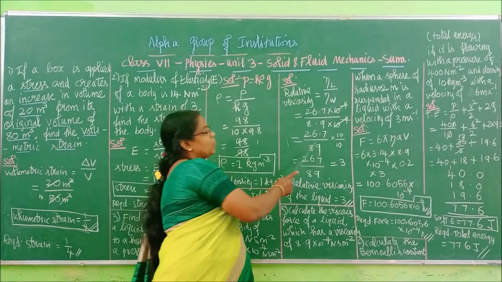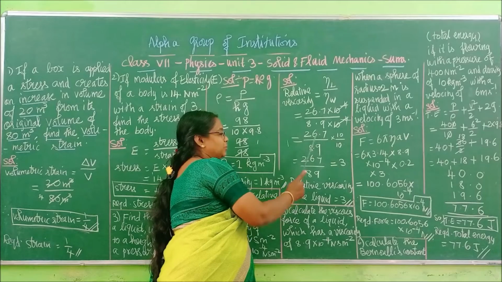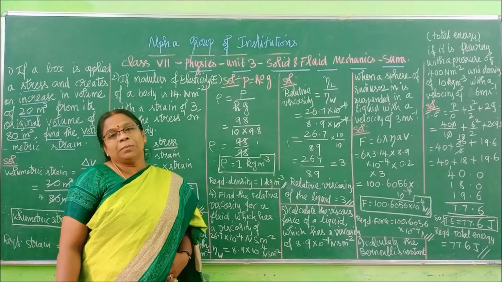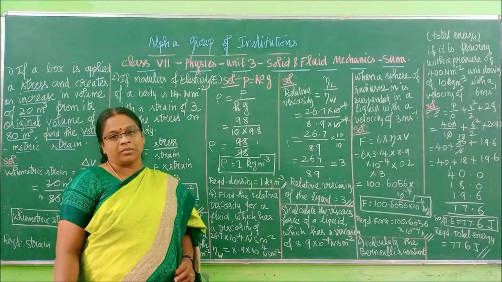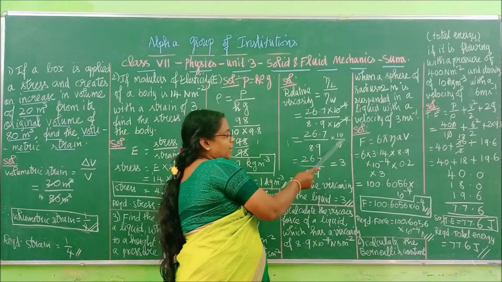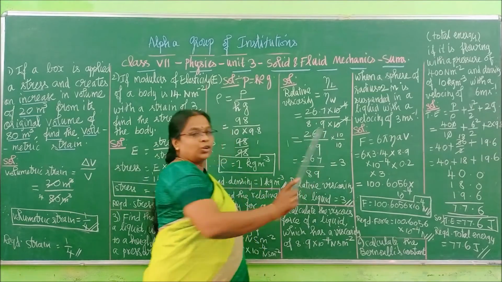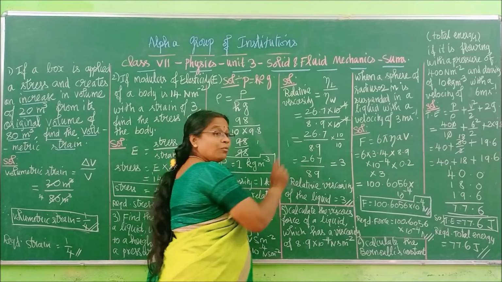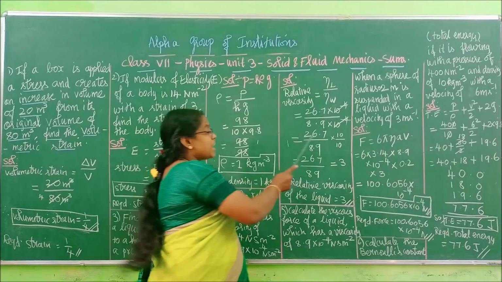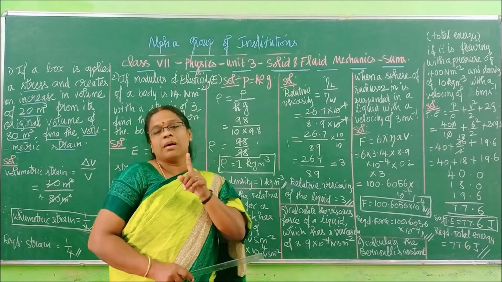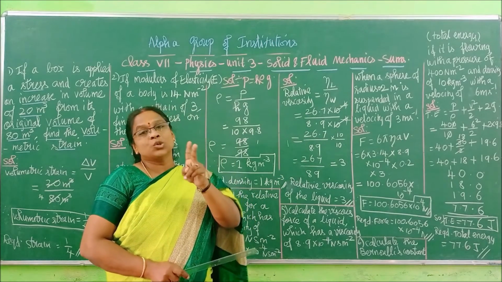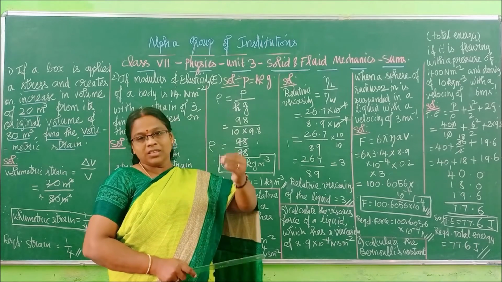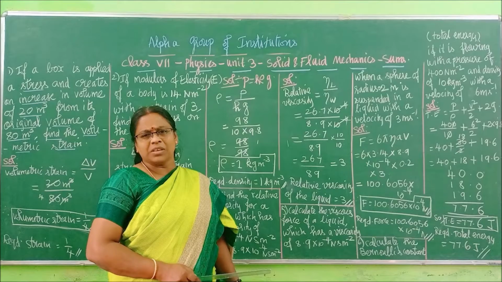Both are having one digit after the decimal. So I have to tell you what I should do. I should multiply that two numbers with 10. Right? So 10 by 10. Why I should multiply like this? To remove off the decimal. Right? So when I multiply, why by 10? Because after decimal there is only one number. Right? If it is two numbers, we will have to multiply it with 100. So like this it goes. Right? You would have done in the previous sums also.